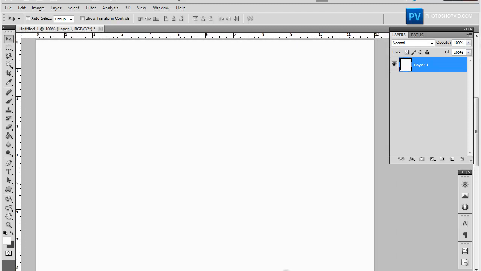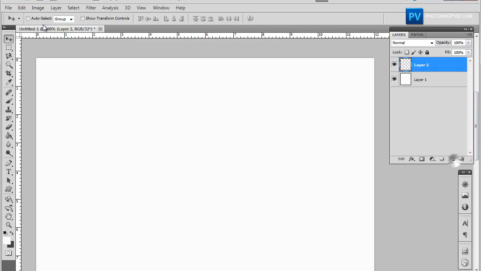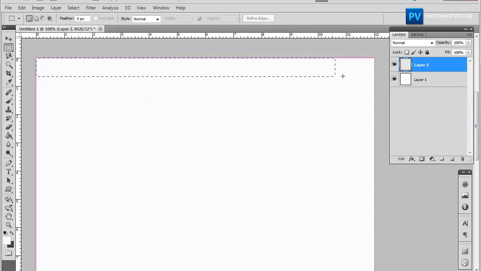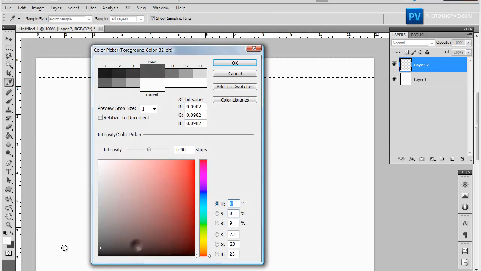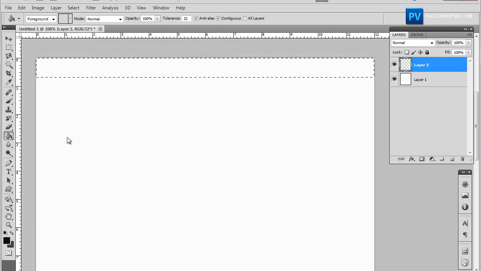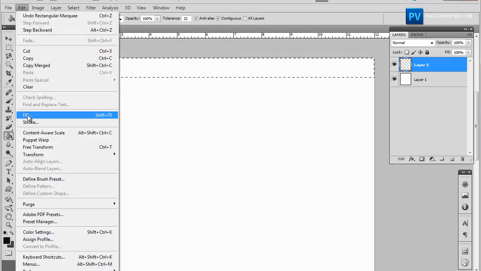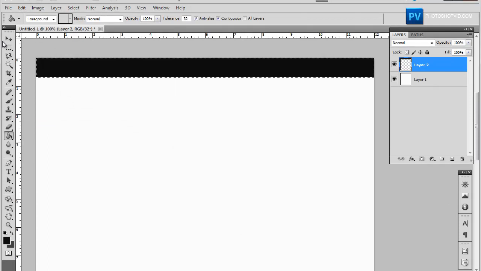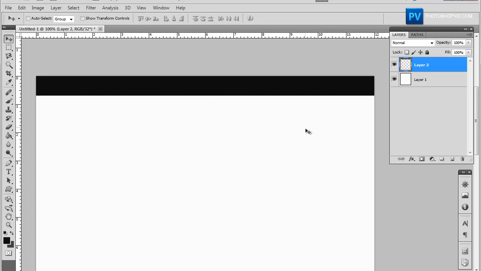Okay, so go ahead and make a new layer, and we're going to start out by making a gray bar on top of our canvas here. So go ahead and select a dark gray. Okay, and edit, fill. Okay, and now